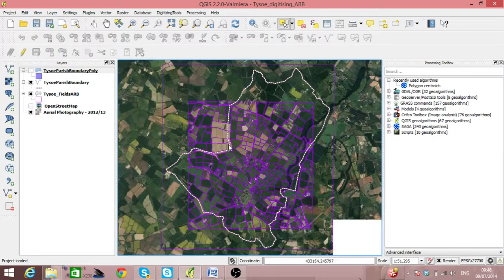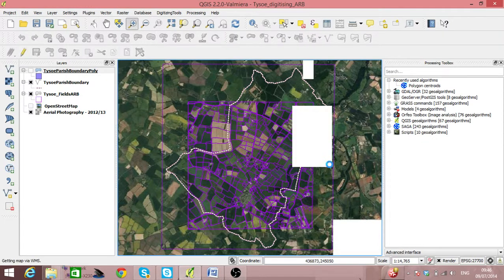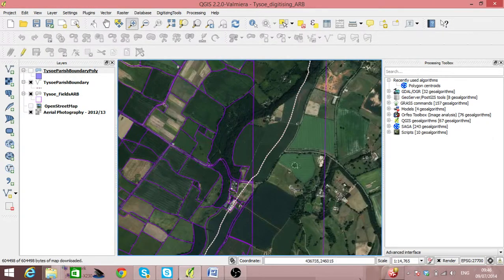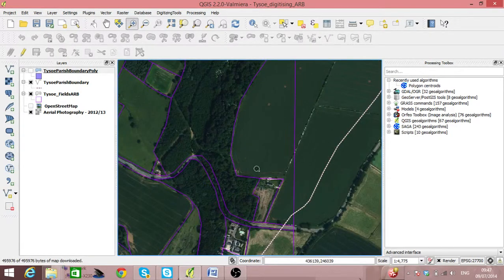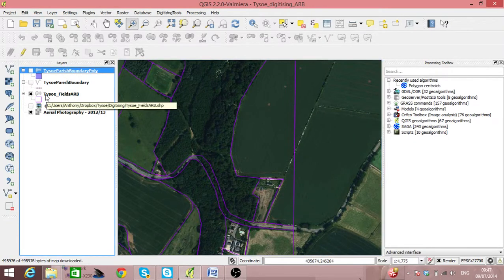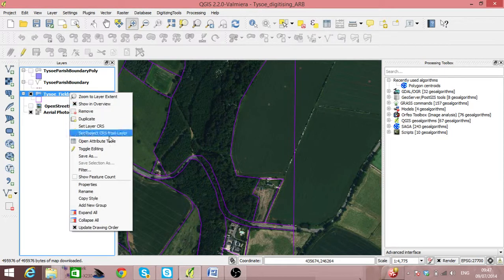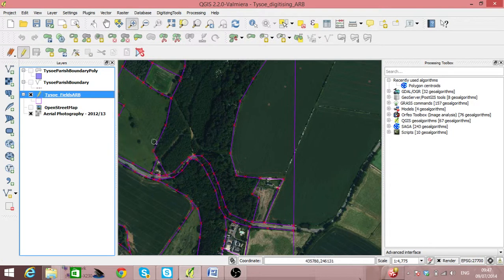So fantastic. And we can zoom on in, and we can start looking at how we might continue to, excuse me, digitize this. So we toggle editing, and we're